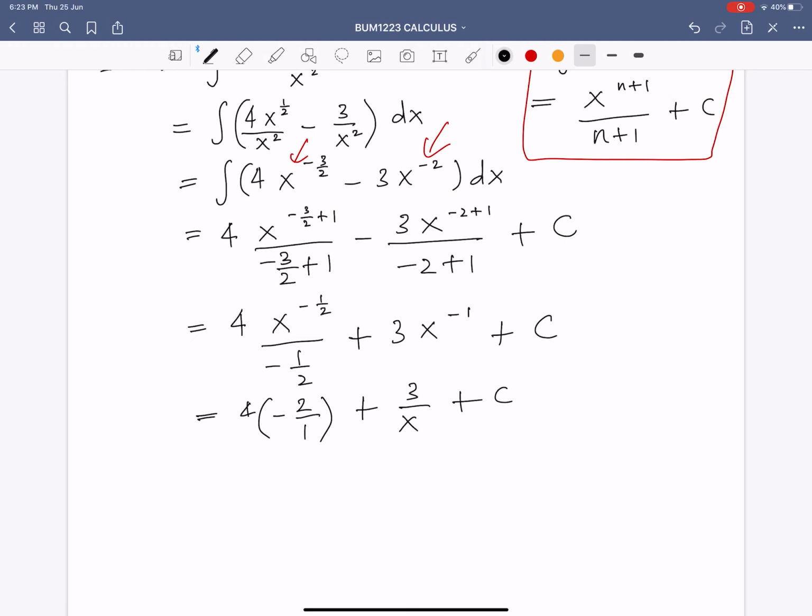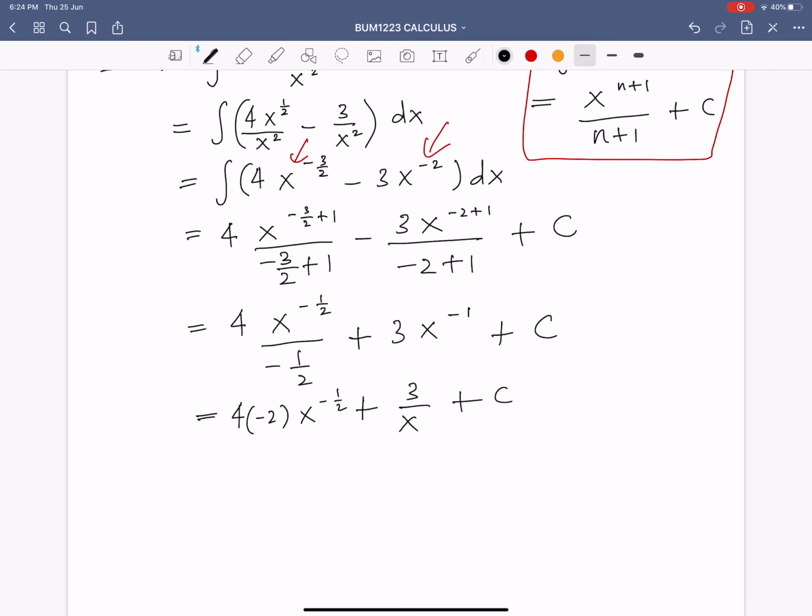Sorry, I missed this part. The first term should be 4 times negative 2 x power of negative 1 over 2,